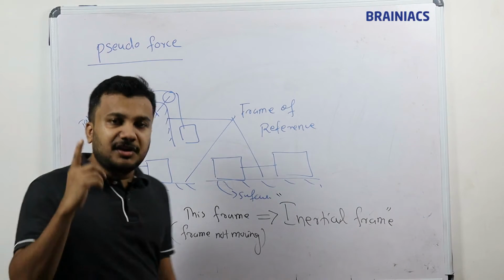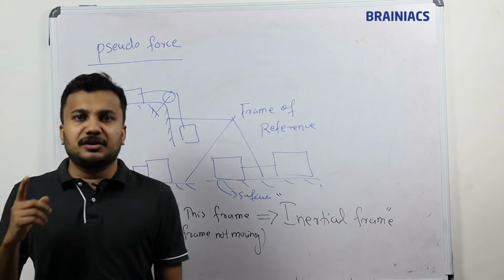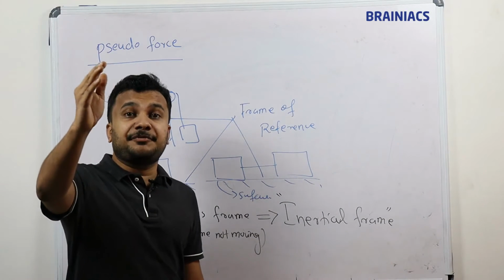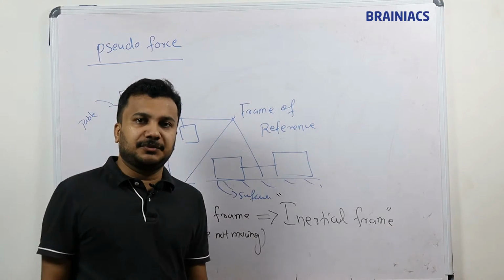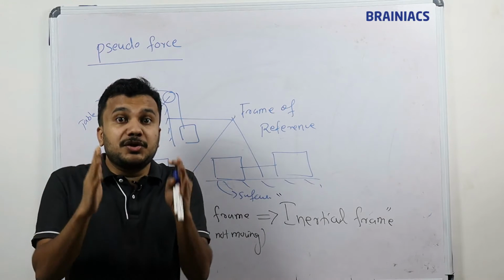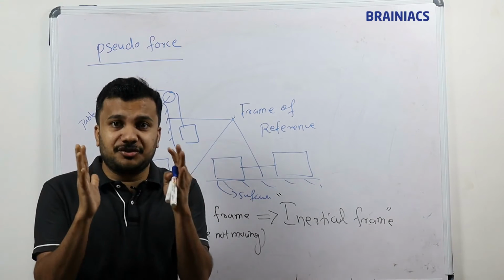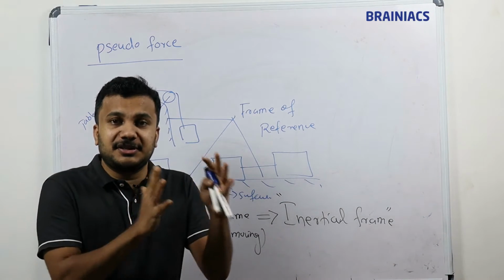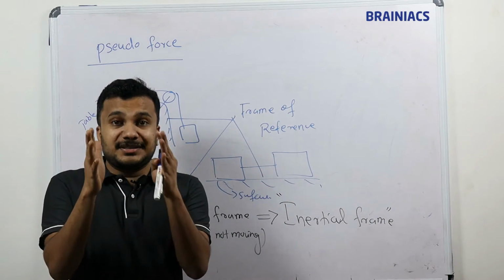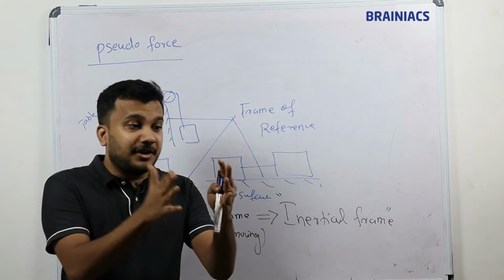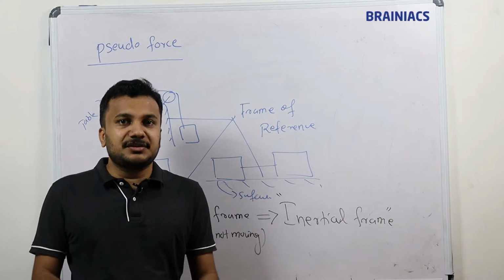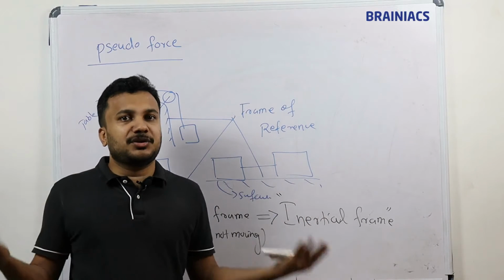Newton's three laws, and especially Newton's second law, state that you can apply the law only if your frame of reference is at rest. If your frame of reference is not at rest, you cannot use the second law. So Newton's second law is restricted to frames of reference that are inertial frames, which means the frame of reference is not moving. Then Newton's second law is applied.